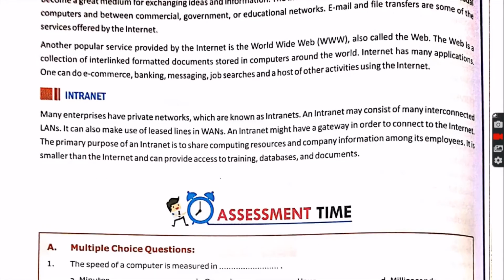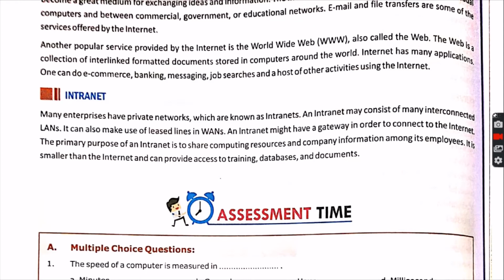Many persons get confused about what is intranet and what is internet. So see, internet is a very big term, but intranet is a very small term in comparison to internet. So intranet limits the use of the network. Means, for example, all the employees of a bank can access the network of the bank, and no customer can have access to that.